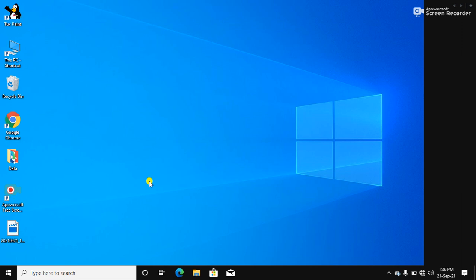After loading Windows 7, the desktop appears. The desktop has various items. These are the icons you can see: My Computer, Recycle Bin, Internet Explorer, folders, etc.